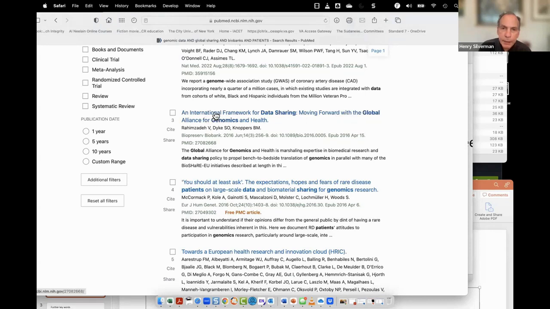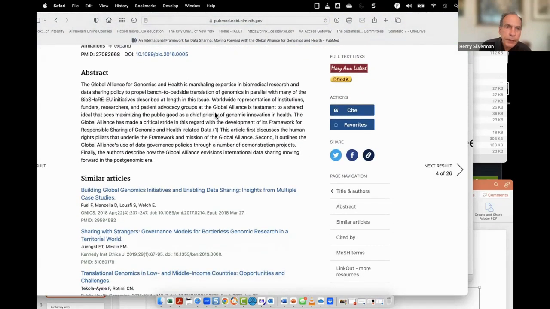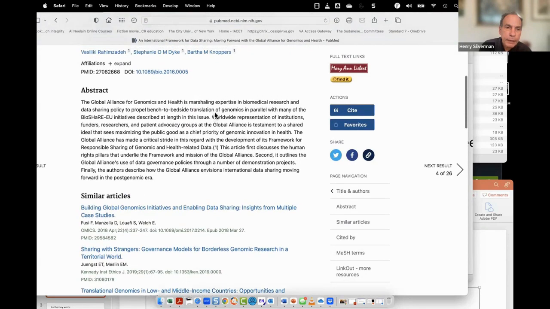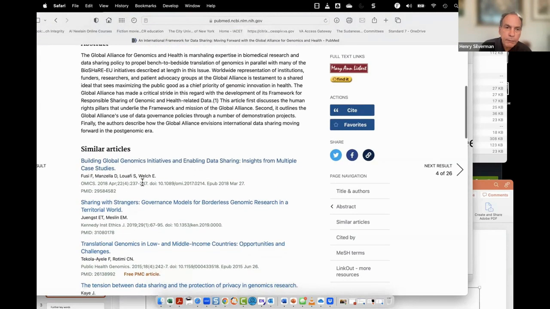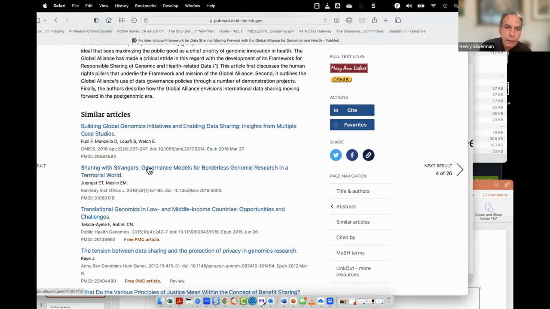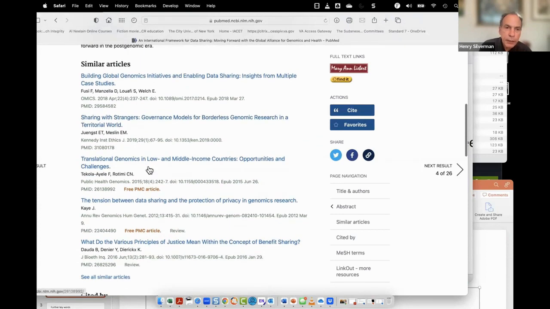That seems like an interesting article, and I take a look at this, and I look at similar articles, sharing governance model for borderless. I look at this and